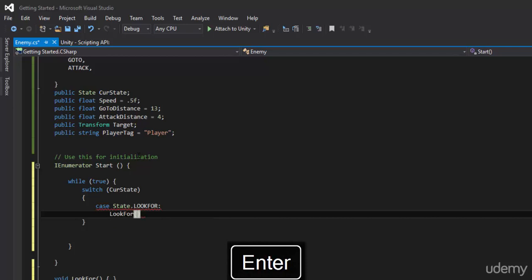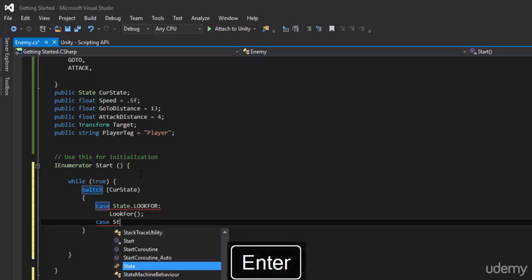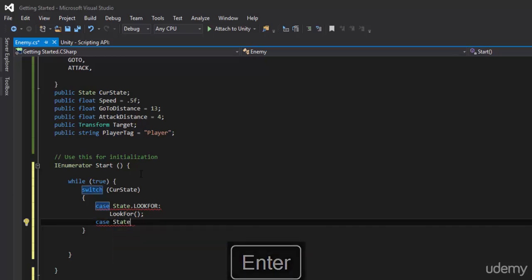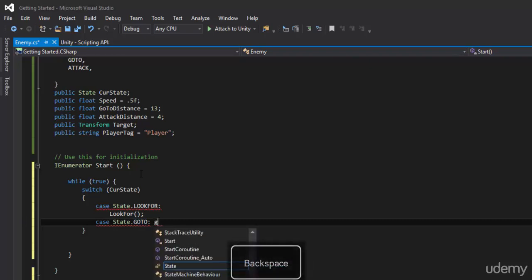So this is something that took me a while to get. So I'm trying to make it as simple as possible. And so hopefully that will go over smoothly. So we're gonna have another case, and we're gonna do case state dot go to, and we're going to do the colon again, and we're going to do go to, like so,